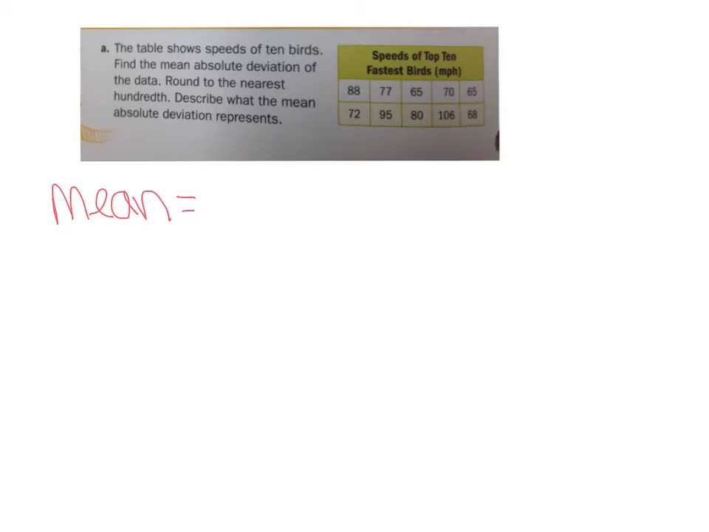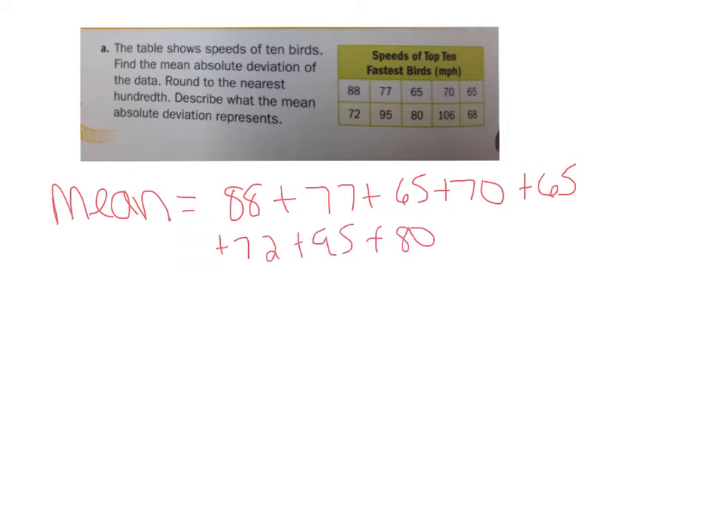So let's do that. We're going to take 88 plus 77 plus 65 plus 70 plus 65 plus 72 plus 95 plus 80 plus 106 and plus 68. When we add all those together, we get 786. I then divide that number by how many there are, and there are 10. So that leaves me with